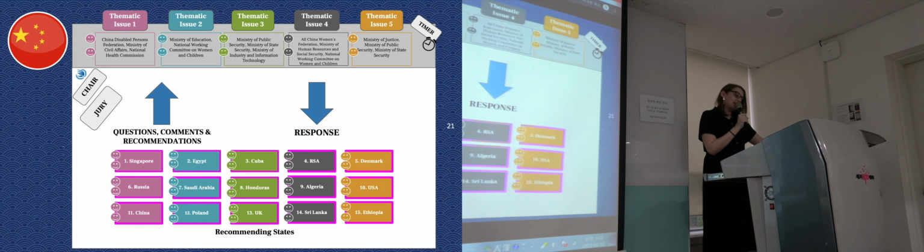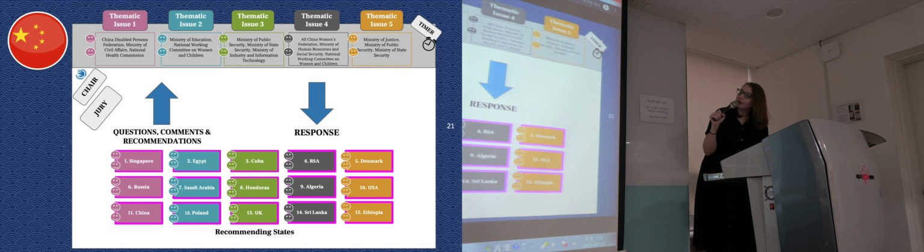So again, after the lunch break, on day 1, we'll turn to China. So the delegations within the Republic of Korea will change to assume their role as a recommending state. And the delegates who are coming from Hong Kong will then assume their role as a state under review. So they will have to address the same thematic issues, but with ministries from China and with the recommending states slightly different. So the recommending states that gave recommendations for both the Republic of Korea and China, so that mainly concerns the delegates from North Korea, will not be given the same topic within both reviews.